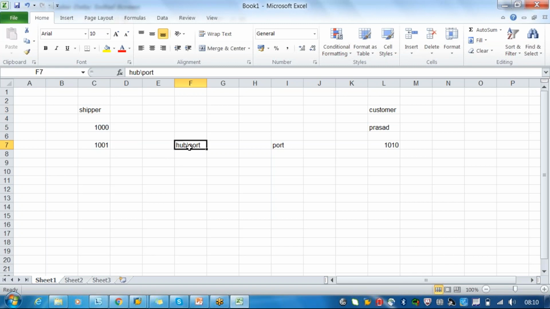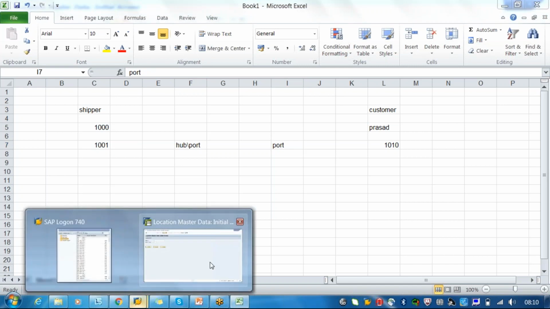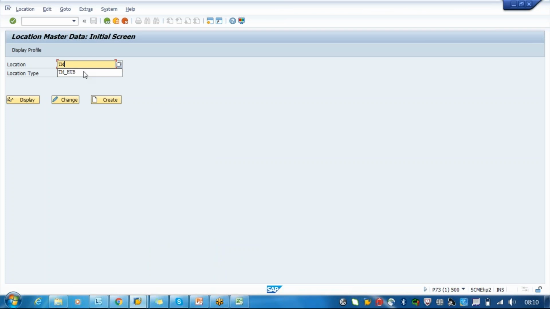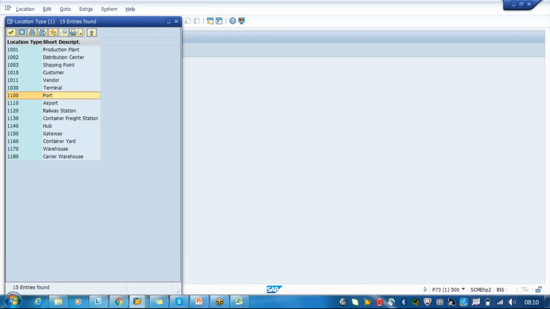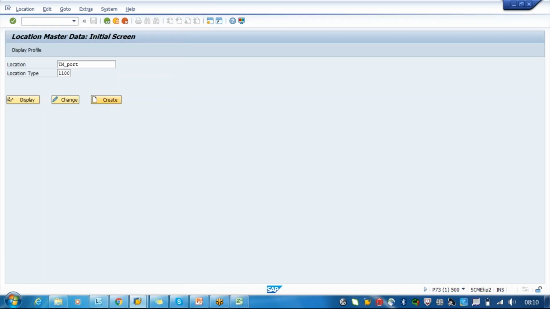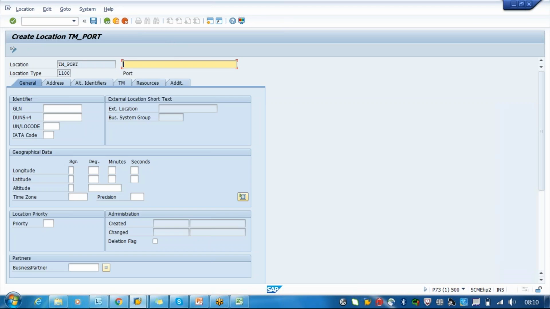So that is what these hubs we have to create in your TM. Let's say I will give one example, TM underscore port, and the location type I will just say port. Here these identifiers are security purpose identifiers, and the external location data will not be filled because you are creating manually.